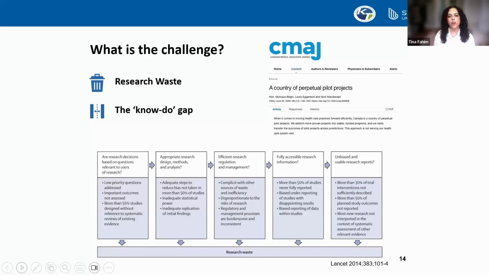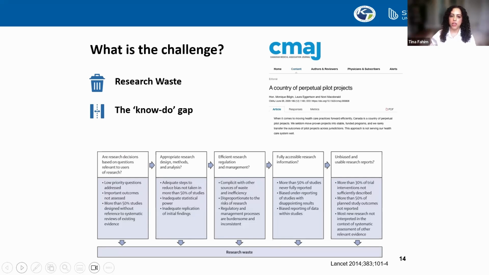So, just a little bit of context on why I think it's important to talk about implementation. Some of you may remember a commentary that came out of the Canadian Medical Association Journal, and in this commentary, the author said that Canada is essentially a country of perpetual pilot projects. What they were arguing is that the way that we fund research results in a lot of pilots that don't actually make their way into sustained programs that we could see outcomes at the patient or